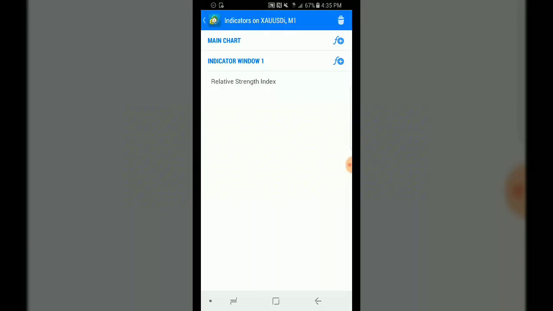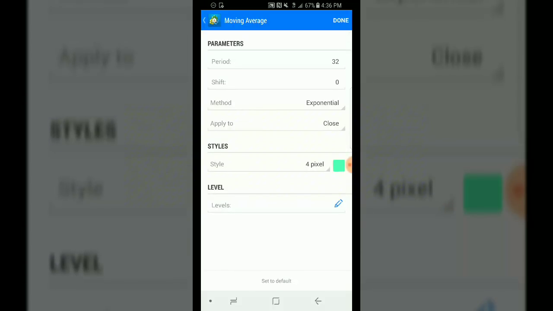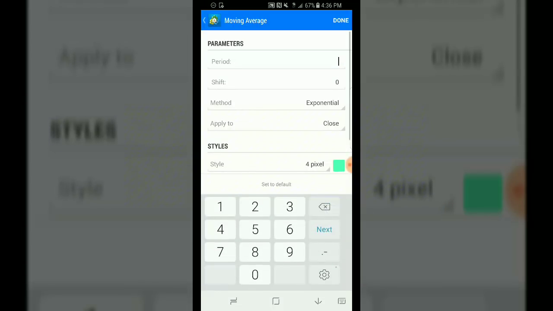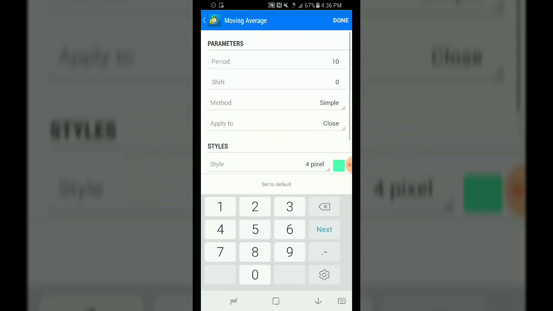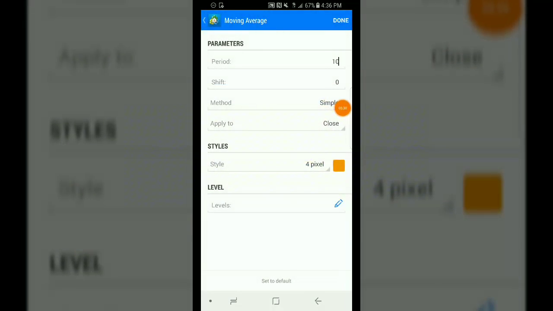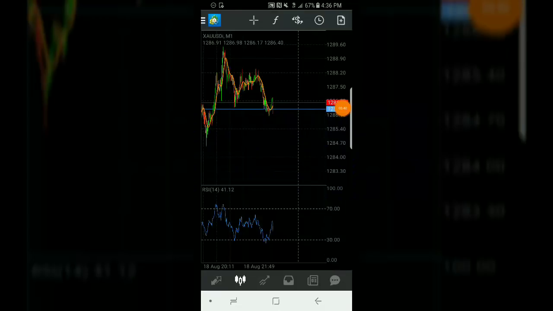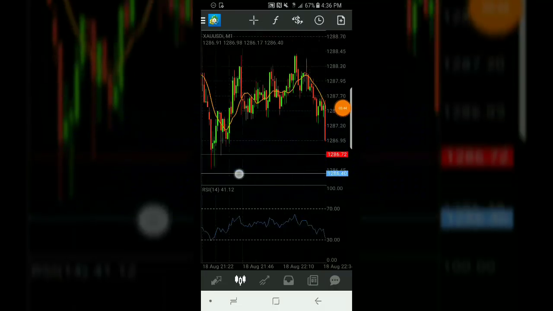Now let's go ahead and add some moving averages. I'm going to say the main chart. Here's my moving average, and normally it starts out with a 10. I'm going to choose 10 and it should be simple. It said exponential right here, but I changed it back, and I'm going to make my color orange. So click done, and there's my 10 moving average,